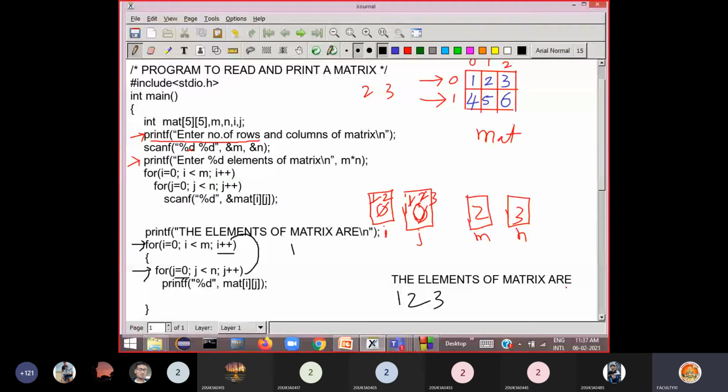Okay, when this loop is executed, what happens means the next numbers will be printed here. 4 and 5 and 6 will be printed in a row. Okay, so I'll show this and why it is printed. We'll see here. That means when j is equal to 0, j less than 3.